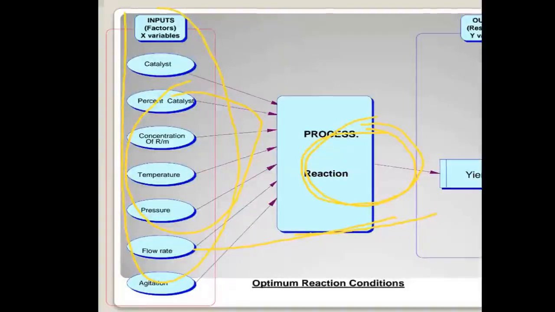Now, how to get these input parameters? First, you can perform a good literature review, or if literature review is not available, you can take expert opinion. You can call the experts for brainstorming, perform some brainstorming sessions, and come to the conclusion that there are these 10 input parameters to achieve a particular output. This is our first task. You should know what output you want and which inputs will affect that particular output.